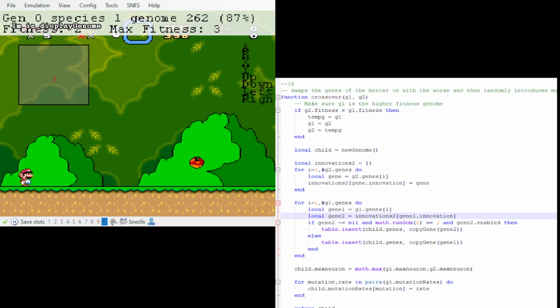What do you mean by into innovation? I get the copy part, which is right here. If gene 2 is enabled,